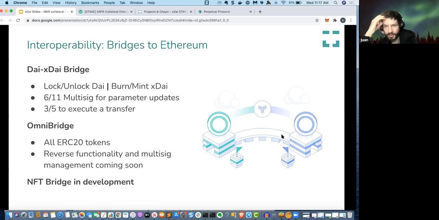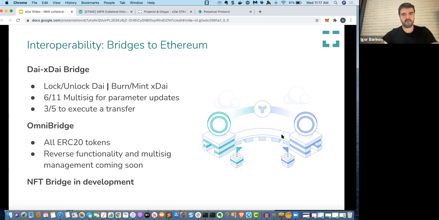It's from Mio. He asked, even if gas is paid in DAI, which is stable, what prevents gas from increasing over time, so breaking the stable property of xDAI? Oh, I think you should think about this as a two-dimensional volatility. So you have a native token price and a gas price. In Ethereum mainnet, you have 2 dimensions, and on xDAI you have only 1. So gas price can increase, but the native token will stay the same.